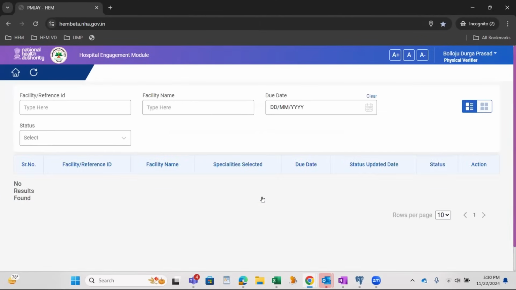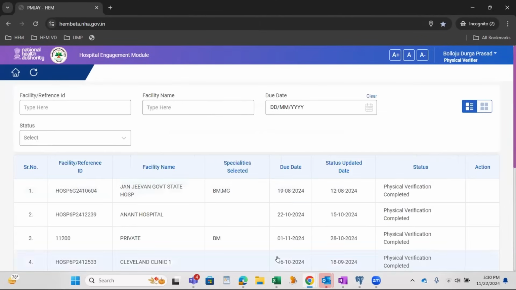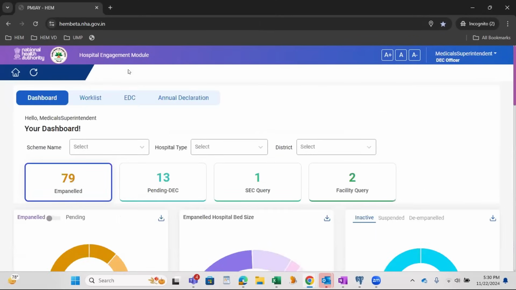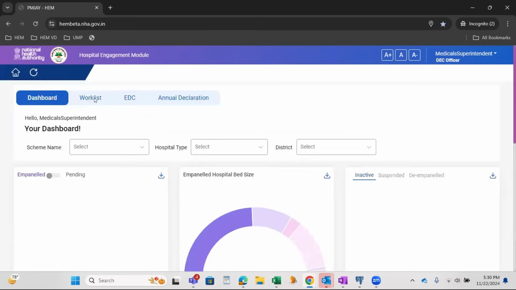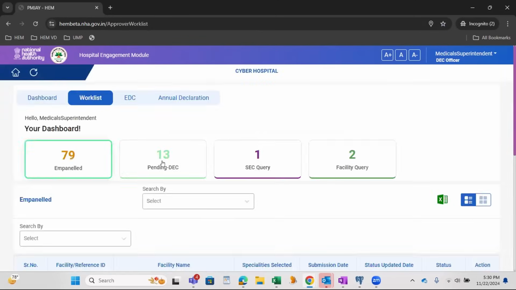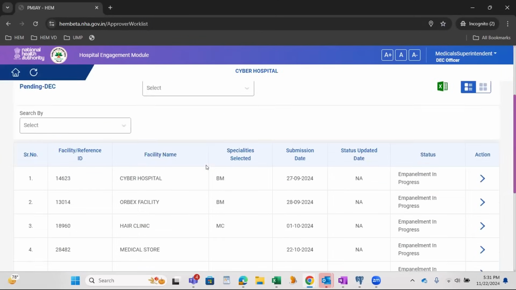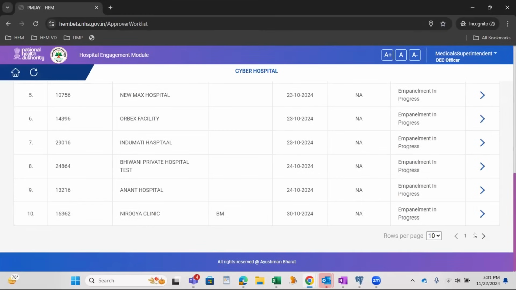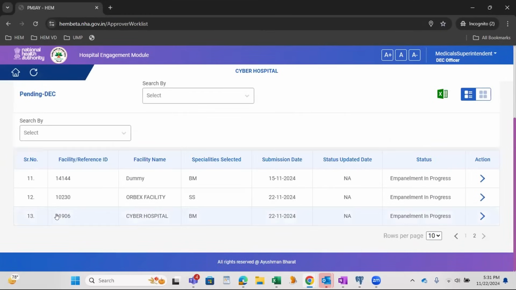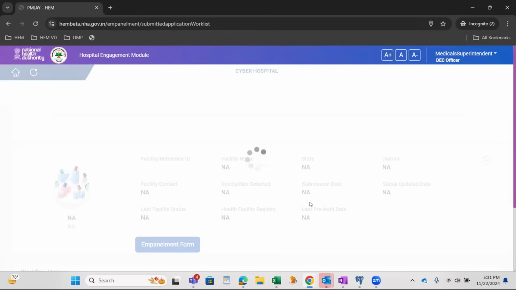Now this physical verification is submitted by our TPA. It will navigate to the DEC user, who has initiated the physical verification. It will come in the pending DEC card. If you can see, this is the record. I click to open the record.